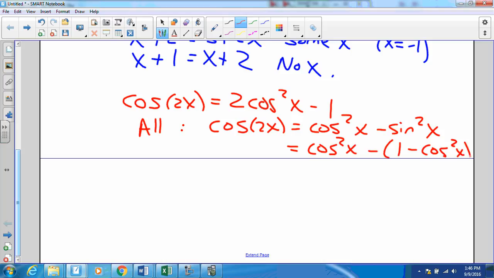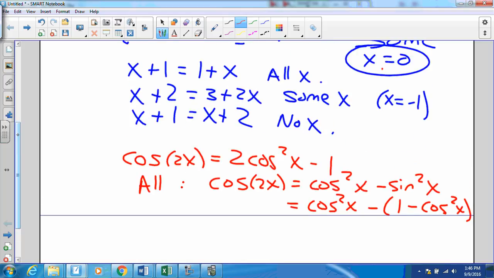If I'm going to say it's true for all x, I cannot argue in the same way that I did for some. For some, I just have to produce one x out. If I'm going to say it's true for all, I actually have to produce a general argument. And here, I appeal to my identities. Cosine 2x is this. Sine squared x is that. And when I simplify,